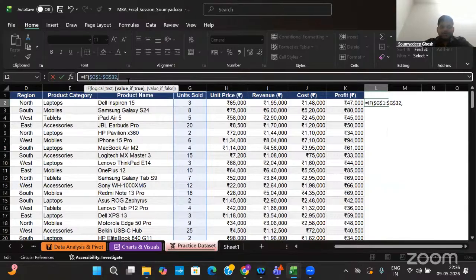Value if true, then what I mentioned. Let me just move it slowly over here. I'll select this particular cell. And what I have mentioned is that if G2 is greater than 5, that means if unit sold is more than 5, I'll just tell them incentive.